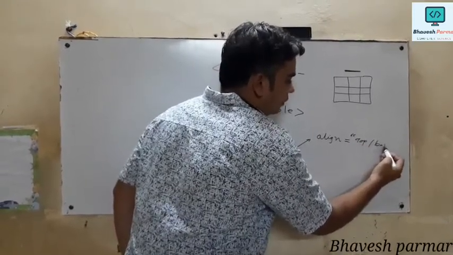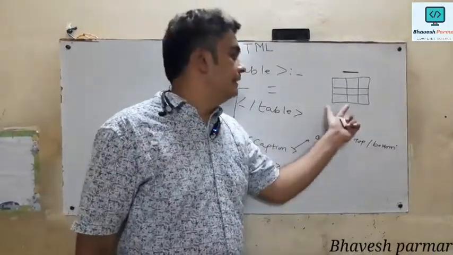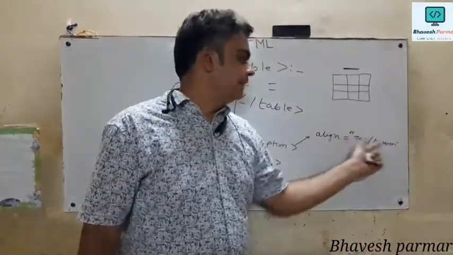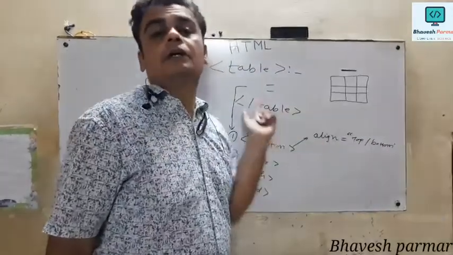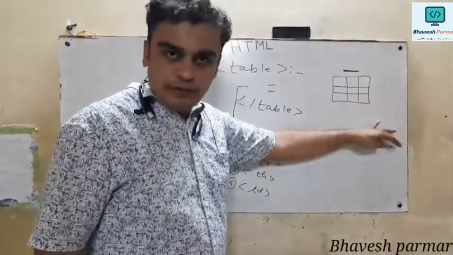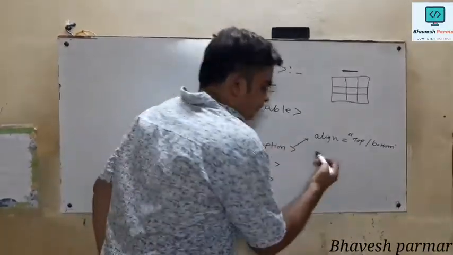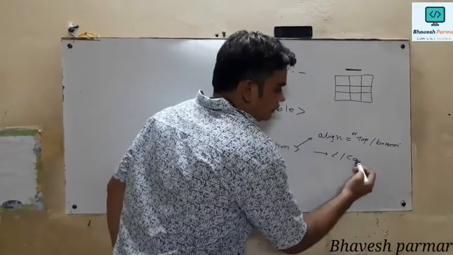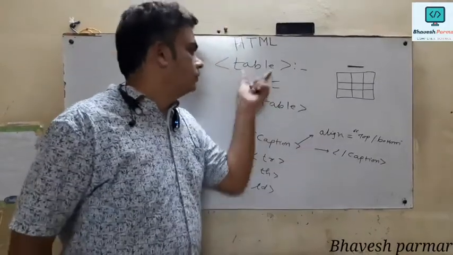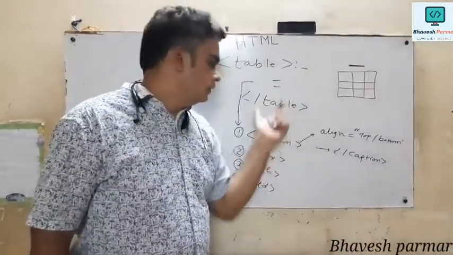top or bottom. And suppose you forget to write the align attribute, then it will display the information at the topmost position. So if you want to display at the bottom, you must use the align attribute while writing the program, and you should specify caption align is equal to bottom, write down that code, and then close that caption tag. Again guys, this is also a pair tag, and its companion tag is slash caption. So this is the first tag that helps to give a proper heading to the table.